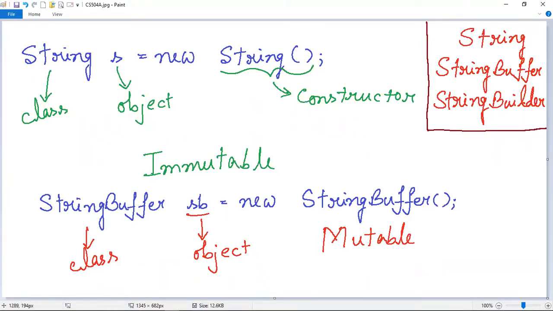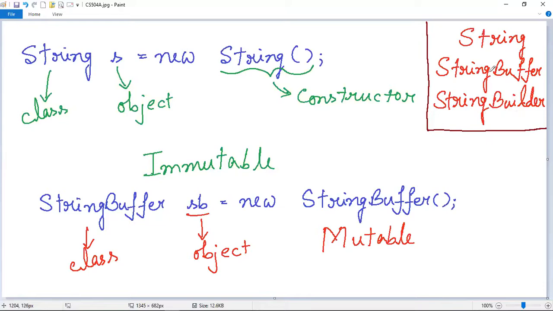Another class which is there in Java in order to use string objects is the StringBuilder class. This StringBuilder class is also a mutable class, because whatever objects you create from this class will all be mutable, because their contents can be changed later.